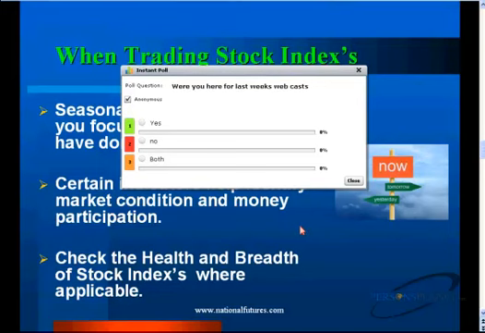So when trading stock indexes, this is what we talked about last week, the seasonal analysis helps you stay focused on what markets have done in the past. And while in the past we have seen that move where we get that January correction, folks, I'm here to tell you, there is and has been a January correction.